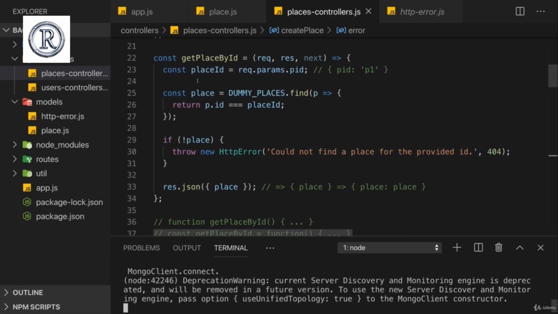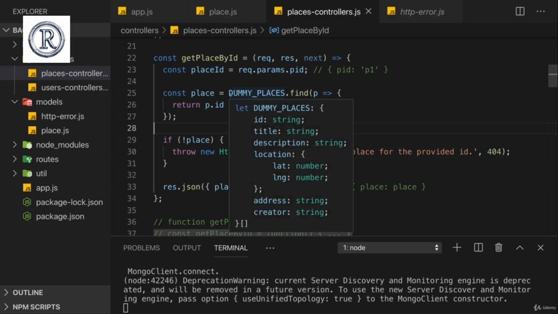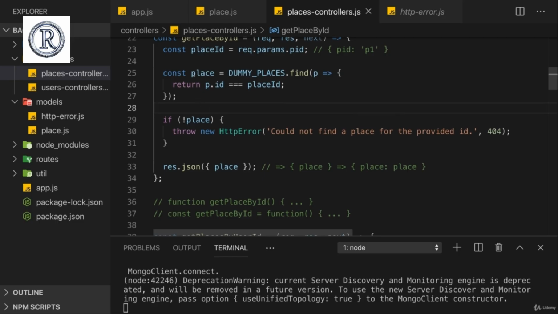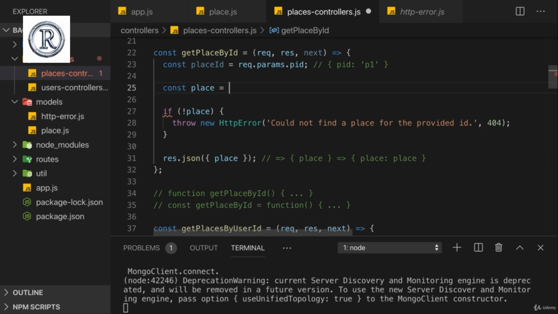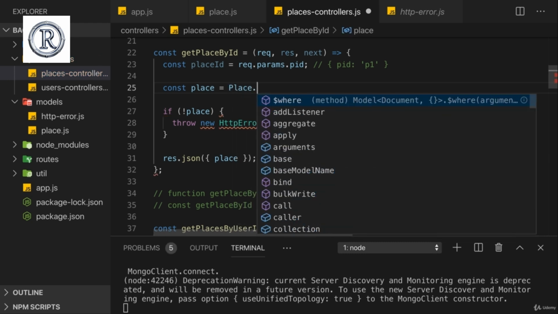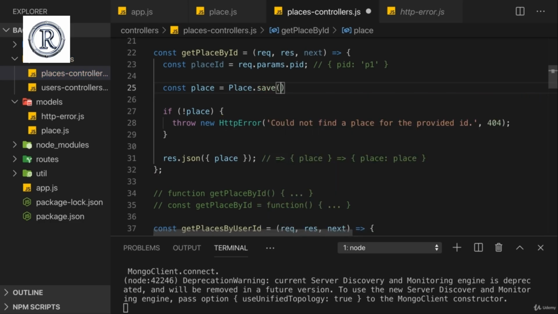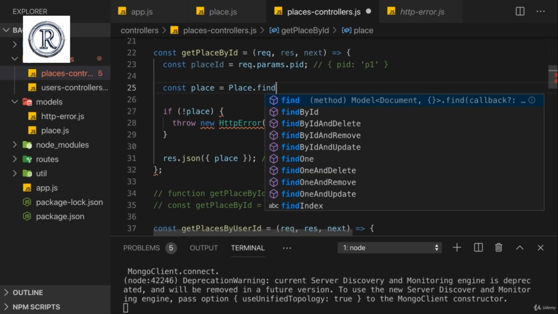Here we can keep our first place ID constant. We'll still need this constant to extract the data from our request. But here, our place constant, this is the one that we have to change. Here, we don't need the arrow function, so we can just delete this entire code here. Because here, I again want to use our place model now. And as I this time want to find existing places, I won't use save as we did before with our create place logic. Now I will use another method, which is part of Mongoose, and this is find by